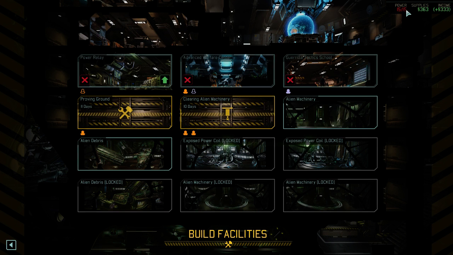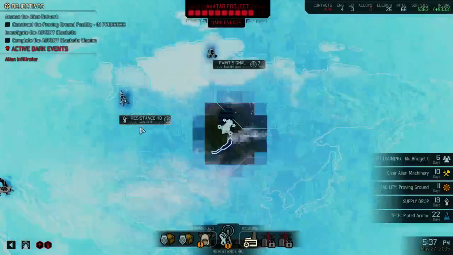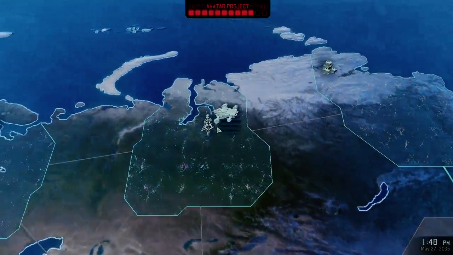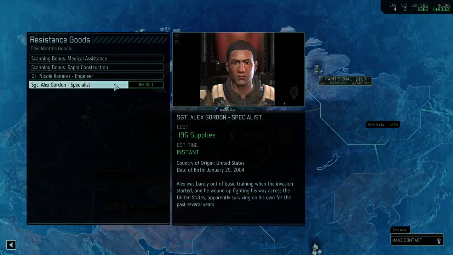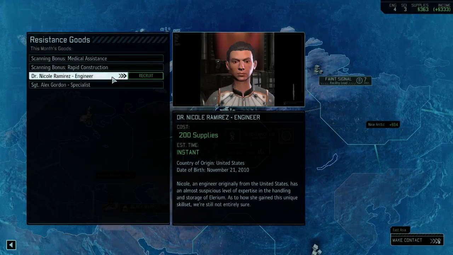Upgrading the power relay would be an option. And clearing this one out. But that's not too important as of right now. So I guess let's fly back to HQ and see if we can get another scientist. At this moment in the game we don't want to fall behind the curve. And what I mean with the curve is the aliens are constantly upgrading and we need to kind of stay tip-top